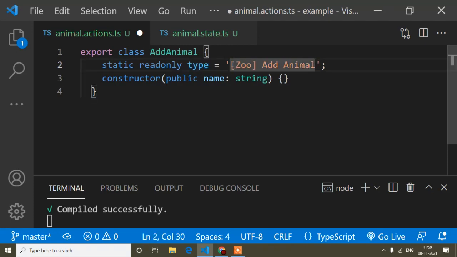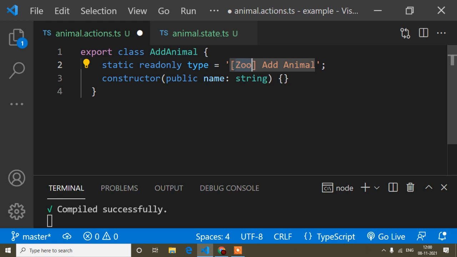Here you can write the type as per your choice, it's not that you have to write it this way. You can write your own name, you can write add an animal, it's totally up to you, but here it's written like this. Why? Because this add animal is for a zoo, this project is for a zoo.